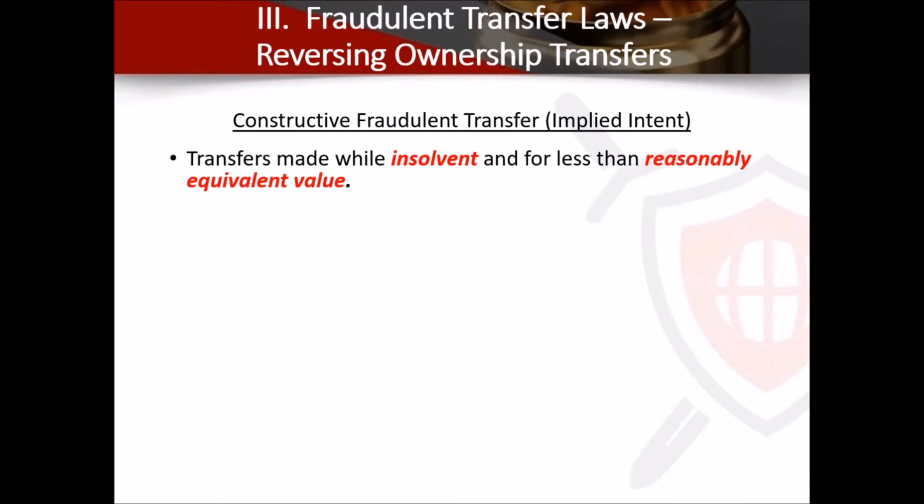And it made them insolvent for asset protection purposes. So they moved out a valuable asset, didn't get a valuable asset back that was exposed, and there's nothing else to get. They're insolvent. Then you can show that they constructively did a fraudulent transfer. Interestingly enough, if you can show that, you don't have to show intent. They actually might not have even intended it, but if you can show this constructive intent, you can prove fraudulent